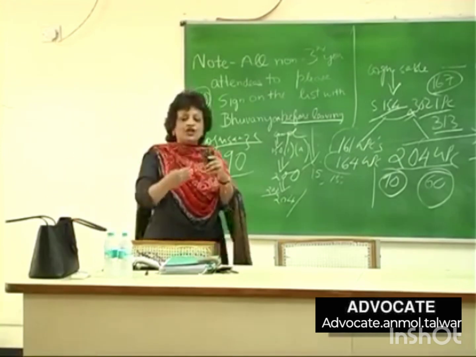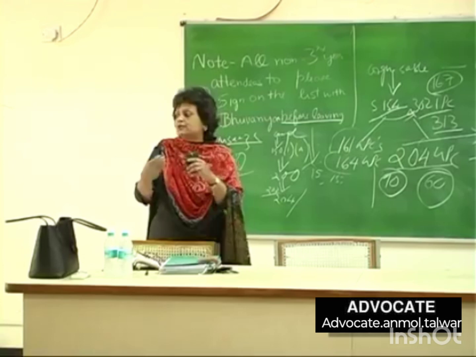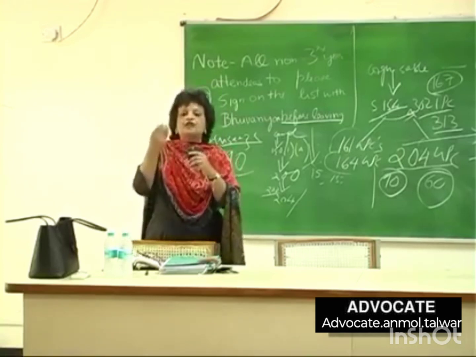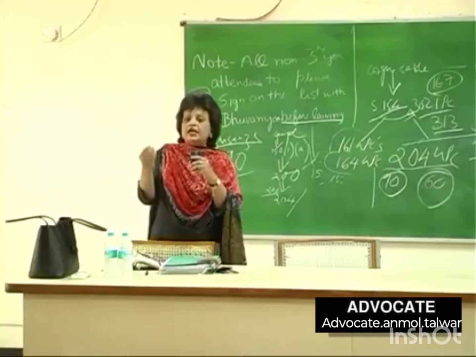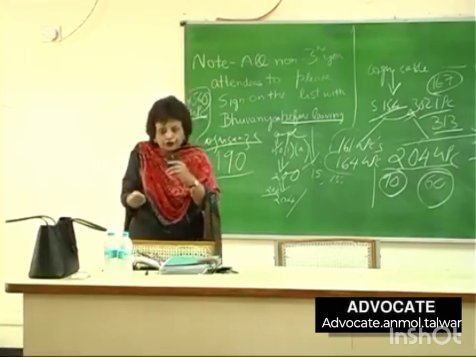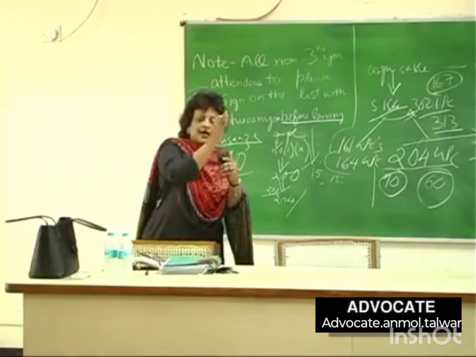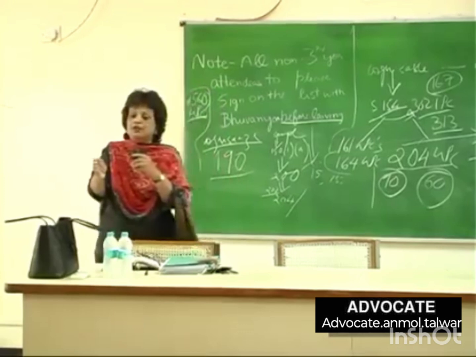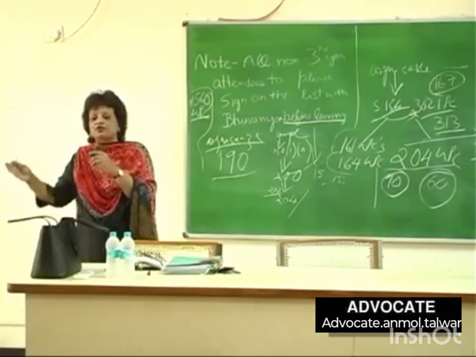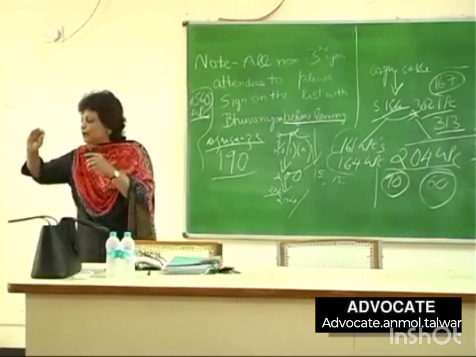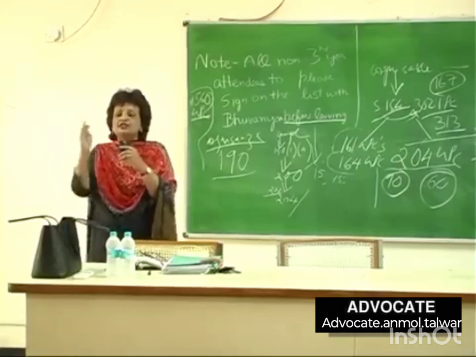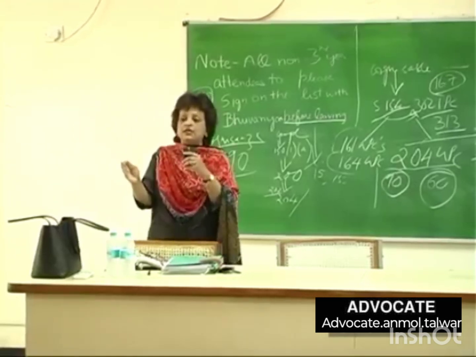If the judge rules that a prima facie case is made out, then you proceed to the stage of taking evidence. The stage of evidence includes the recording of statements of witnesses on oath. It will include the examination in chief, cross-examination, re-examination, if any, of each and every prosecution witness. When the prosecutor gives a statement that his evidence is closed, you come to the stage of 313 CrPC, which